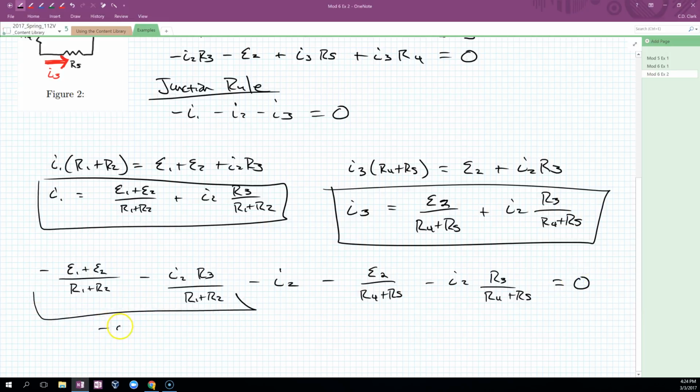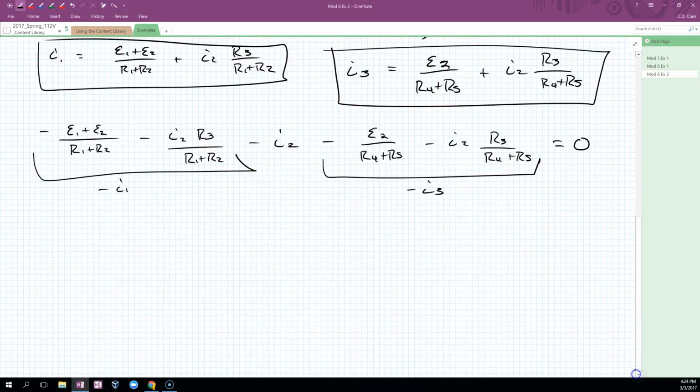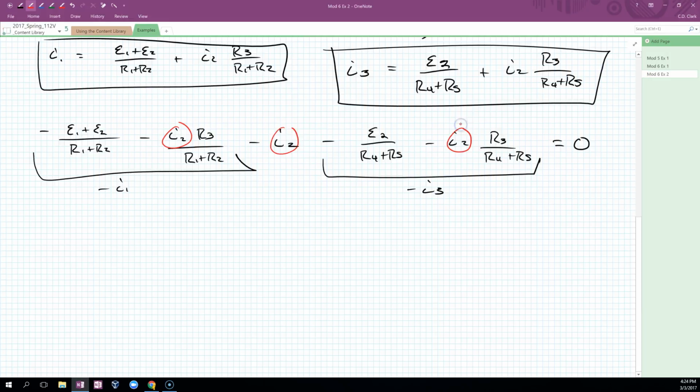So this right here is minus I1. This is minus I3. Now the only thing I have in this equation in terms of unknowns is I2. So let's get that I2 isolated. I have 2 terms that don't depend on I2 at all, so I can move those over to the right hand side. And then I'm going to factor out this I2. On the left hand side I have an I2 times all of the stuff. So this, and this, which is just 1. So let's do 1 plus